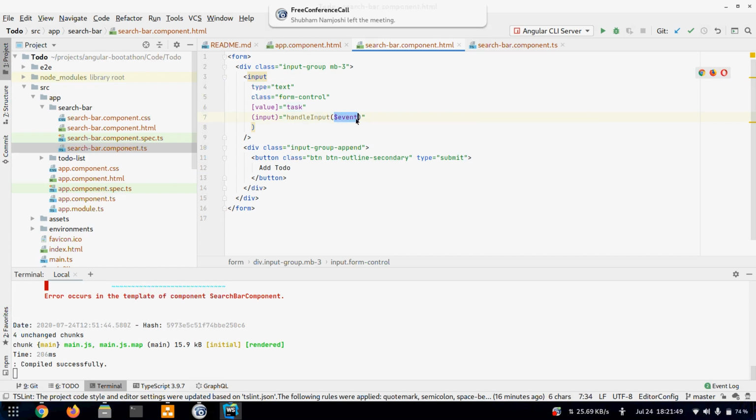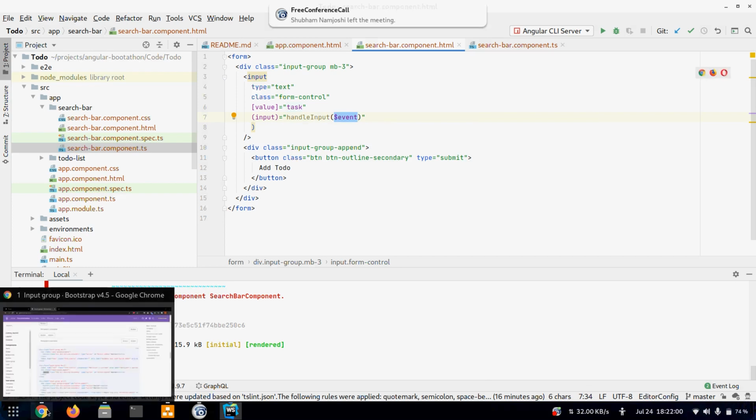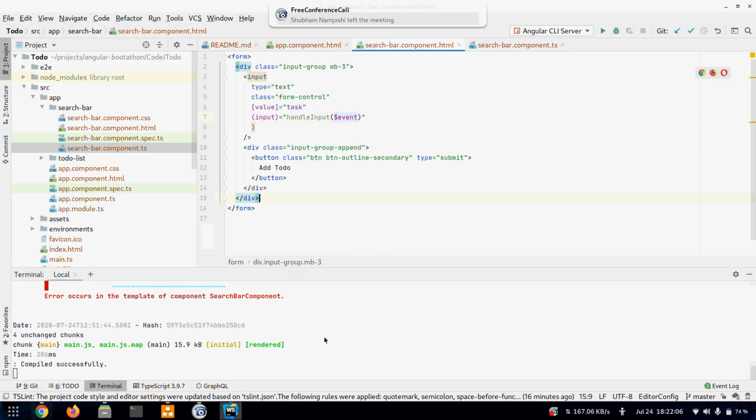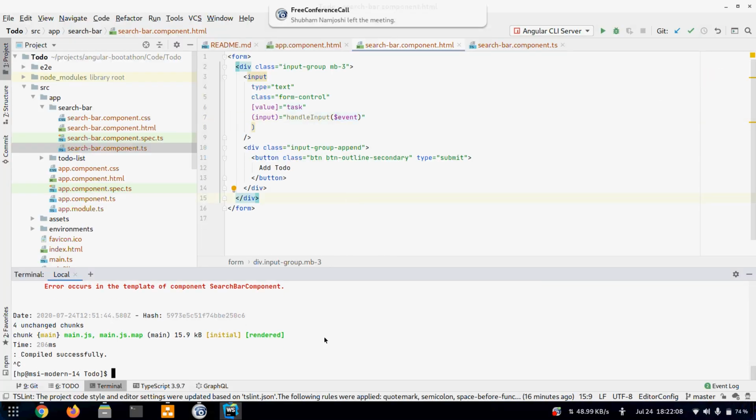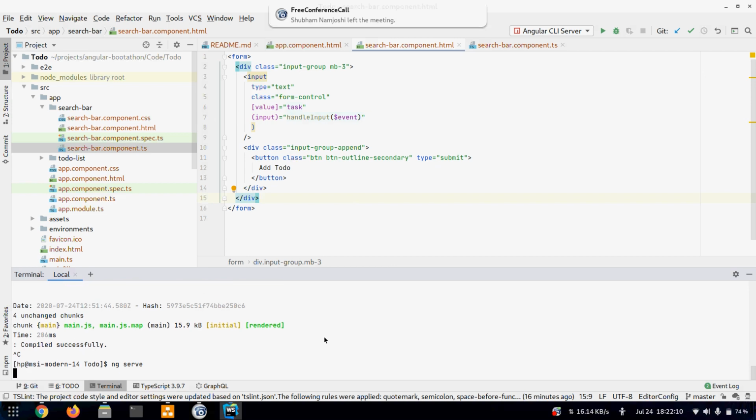So this is the syntax. This is a reserved keyword for Angular whenever we are using event binding. So we'll go here. Let me restart.